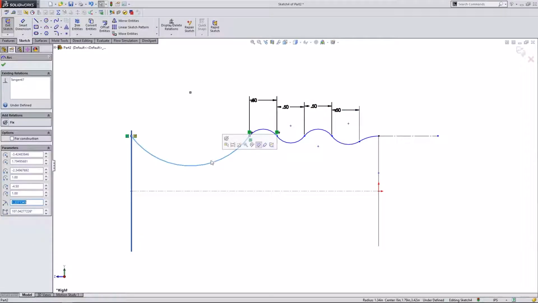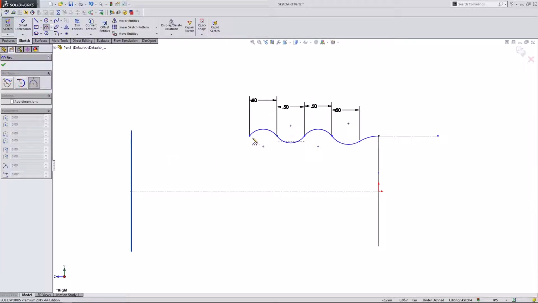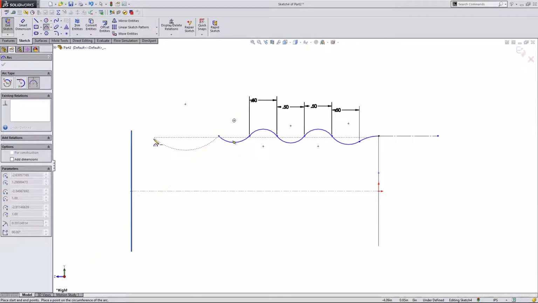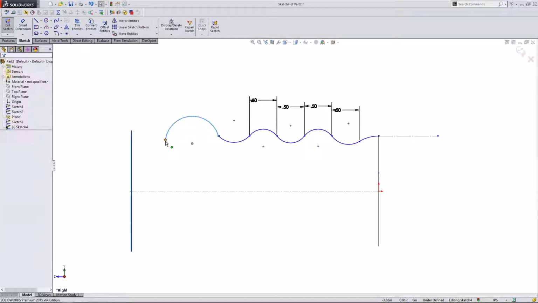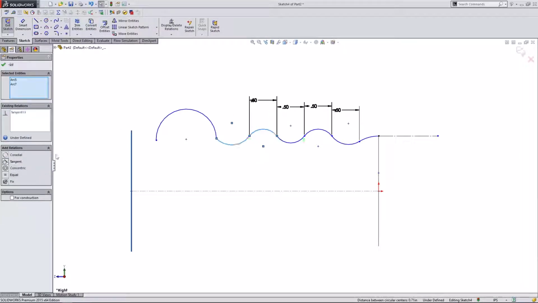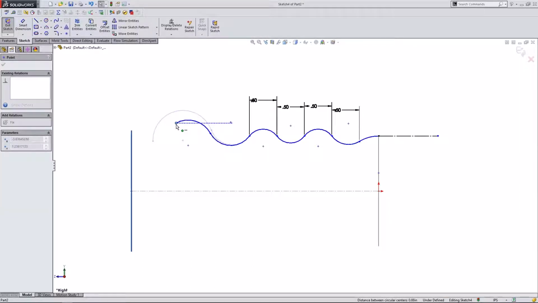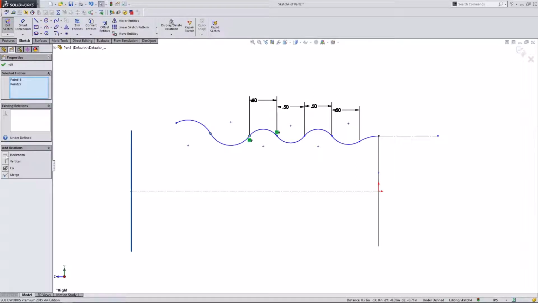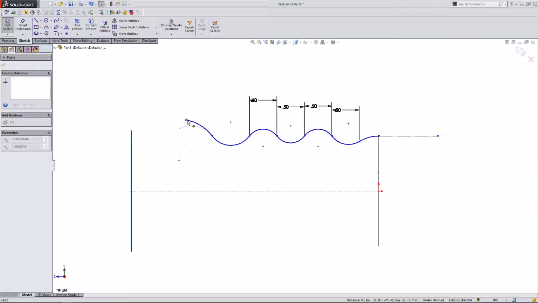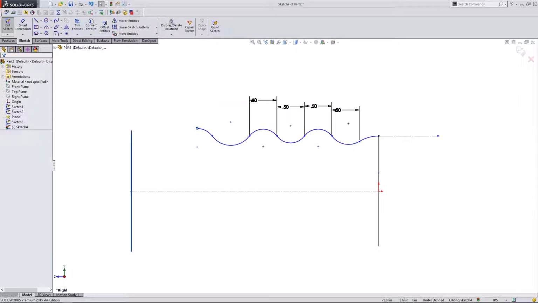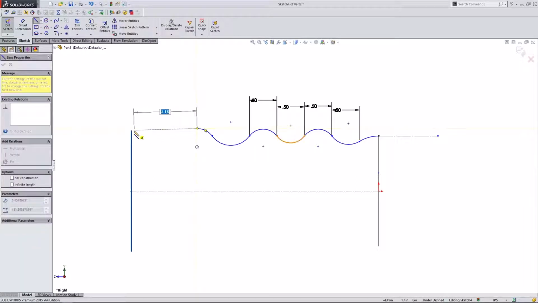And I'm actually going to delete this and create a couple more of the arcs. Let's say maybe one more hump. Okay, we're just about done. I'm going to make these tangent. I'm going to make these tangent. And the final one, all right, now I need to add, of course, a constraint to make these horizontal. The final one is just going to be a line that kind of ends